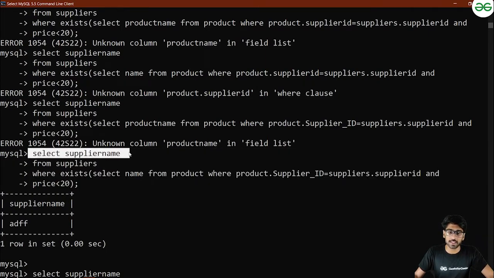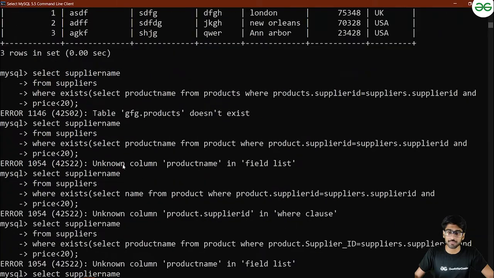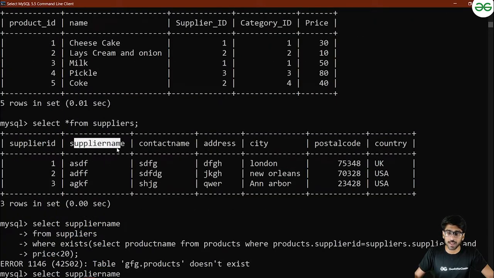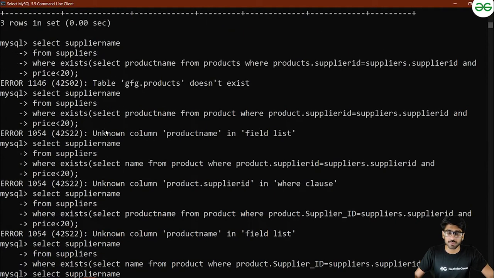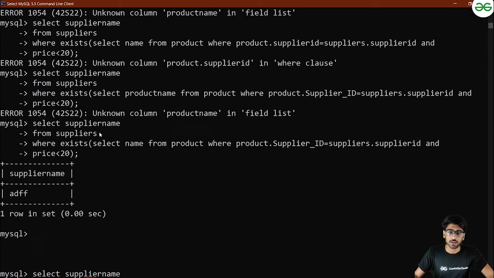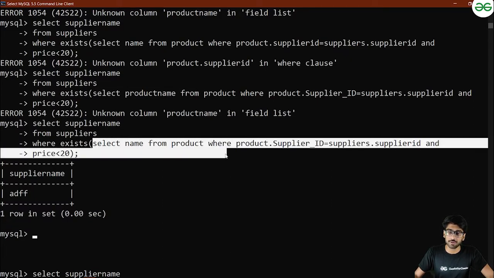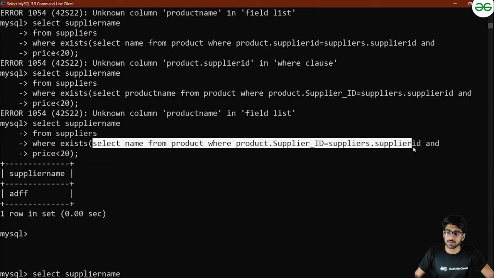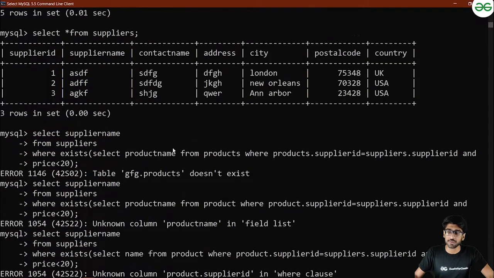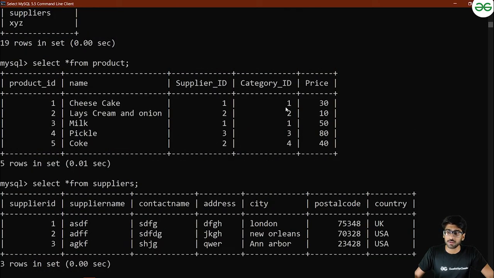Okay, so it is selecting supplier name from suppliers. Now we want to select supplier name from the suppliers table, right? This much you understood. Then after that, what condition are we checking over here? That where exists. So where exists, select name from the product where product supplier ID is equal to supplier ID and price is greater than 20. So price is greater than 20 in multiple columns. Like